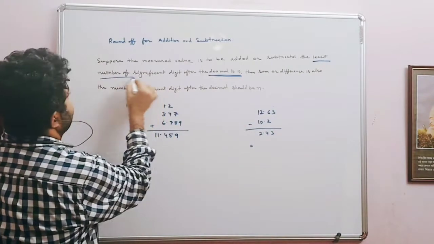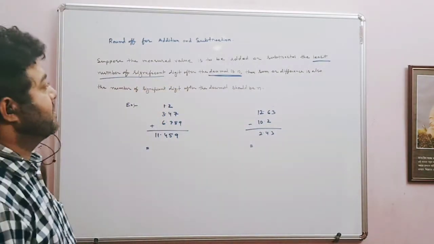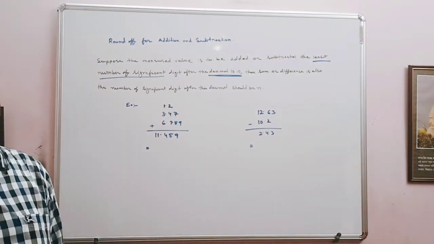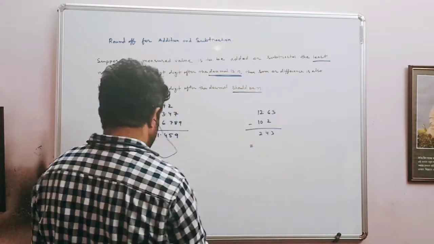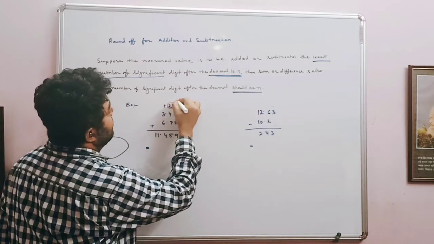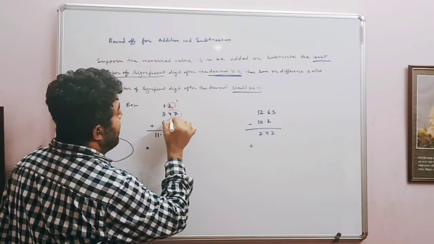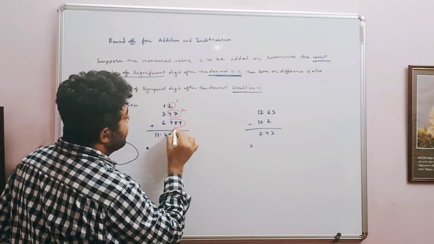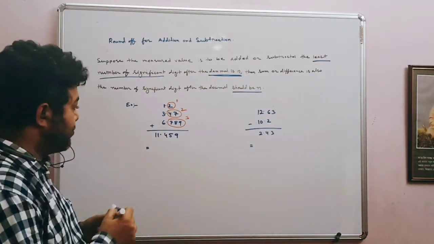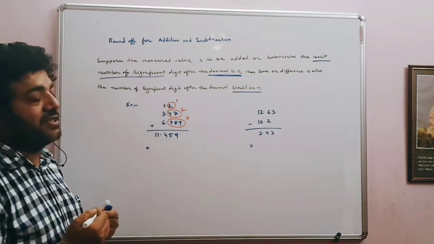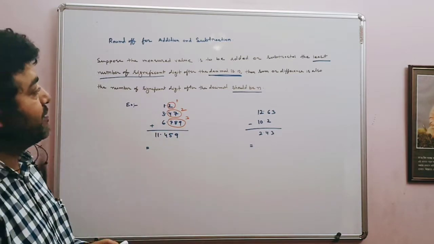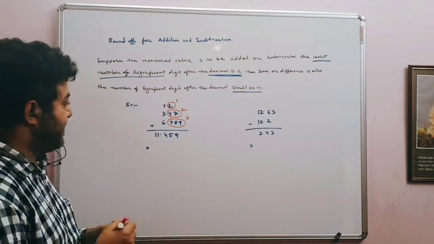Least number of significant digits after the decimal is n. Then the sum or difference should also have n significant digits after the decimal. अब देखो, now in this one, after the decimal, how many significant digits? 1. Here after the decimal, how many significant digits? 2. Here after the decimal, how many significant digits? 3. So which one is least? 1. So this one is our result after addition, but as we add these 1, 2 and 3, the answer should be in the least number of significant digits. So the answer is